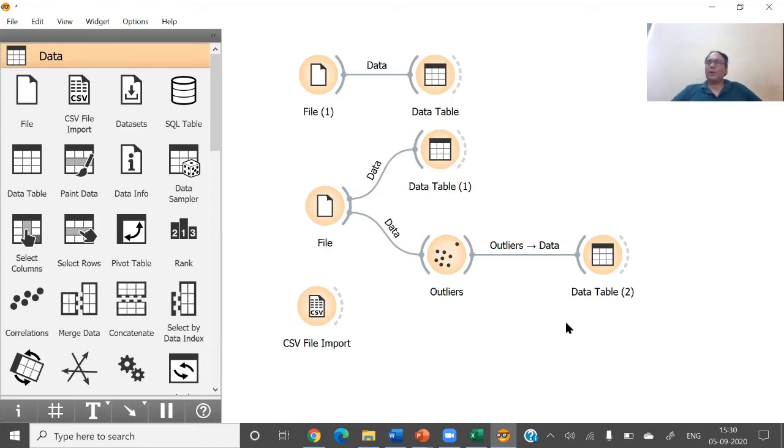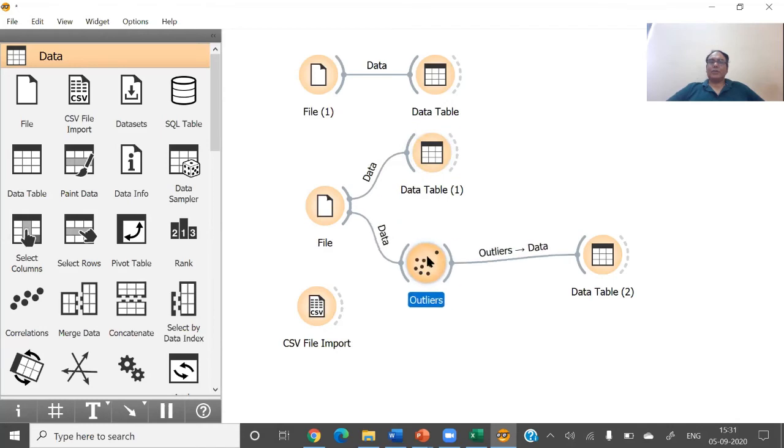So these outliers are very important in the data set, and those who are in marketing, those who are taking decisions, have to deal with the outliers very cautiously. They are creating a lot of risk for the business. This is the small illustration of finding outliers using Orange. There are many algorithms which we can further use to find outliers. After the outliers, let's move to the next part.